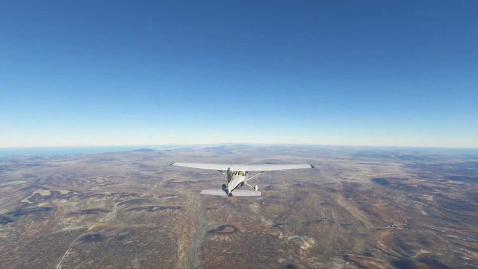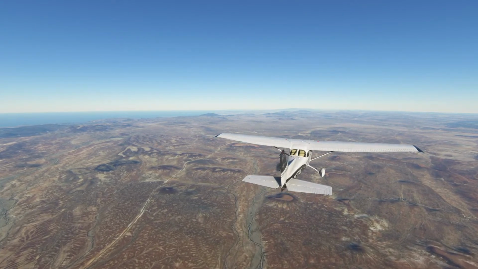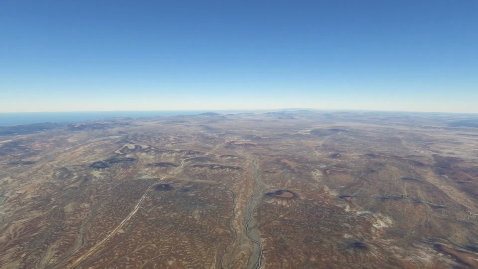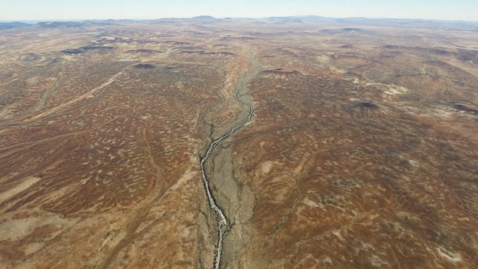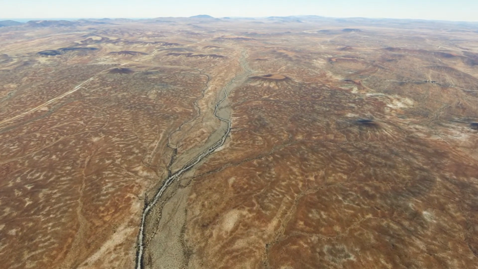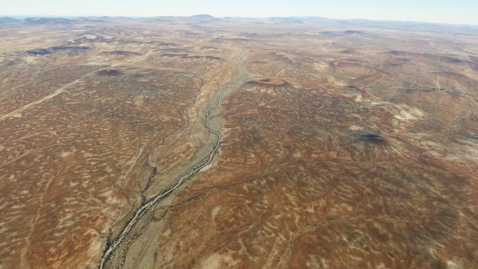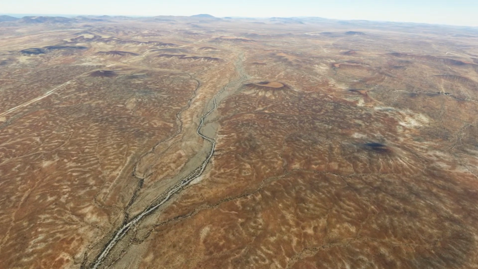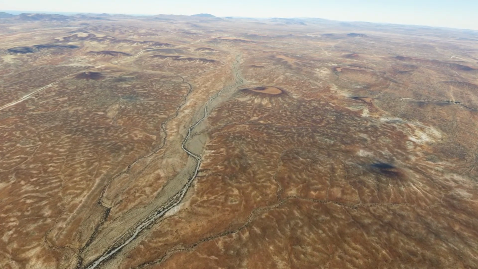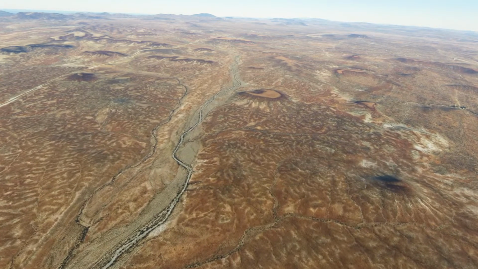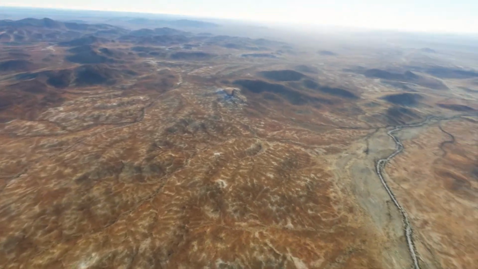Let's go back to the plane. What I'm wanting to do is I'm trying to find some of these right here, these little mesas, and they kind of look the same. I'm trying to kind of figure out where we are over the desert floor there. I'm pretty sure that highway back there was Highway 1.